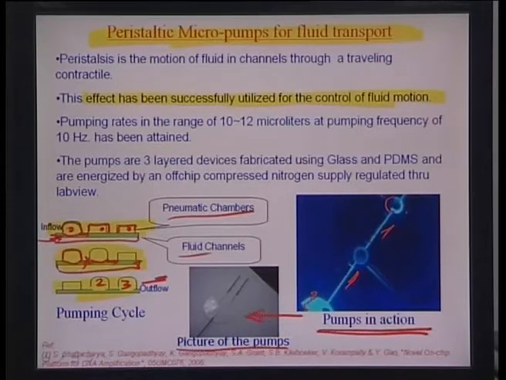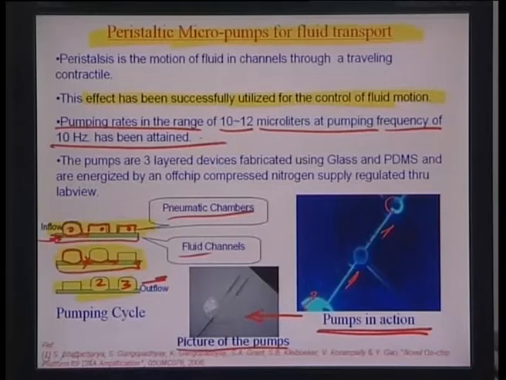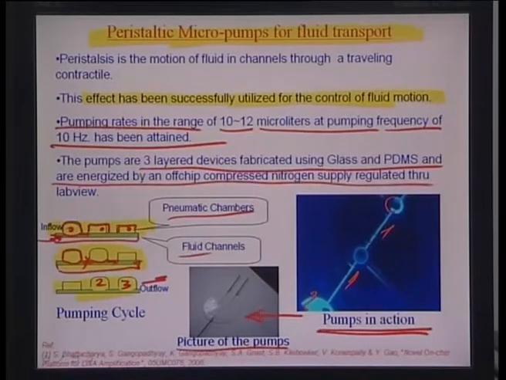So the pumping rate has been categorized in the range of about 10 to 12 microliters at a pumping frequency of 10 hertz, which has been attained, okay, and the pumps are essentially 3-layered devices fabricated using glass and PDMS, pretty much in the manner that we had done blisters. In this case, of course, the orientation of these chambers for pumping, the peristalsis chambers for pumping, are different, and they are energized by an off-chip compressed nitrogen supply